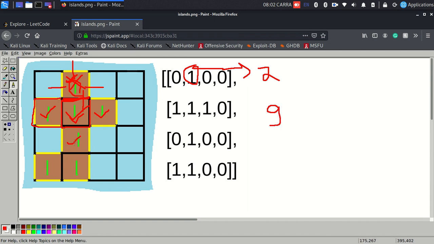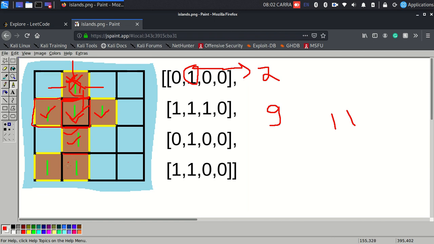I go to this island, and I see that on the up side I have an island, and on the downward side I have an island. So I have 2 edges that it shares, because on the left and right these are water, so I have no edges to share. So the perimeter which this island is accountable for is nothing but 4 minus 2, and that's 2. So I have 11 now, right? I have also traversed this island. Make sure that I am not going to retraverse the island that I have already discovered.